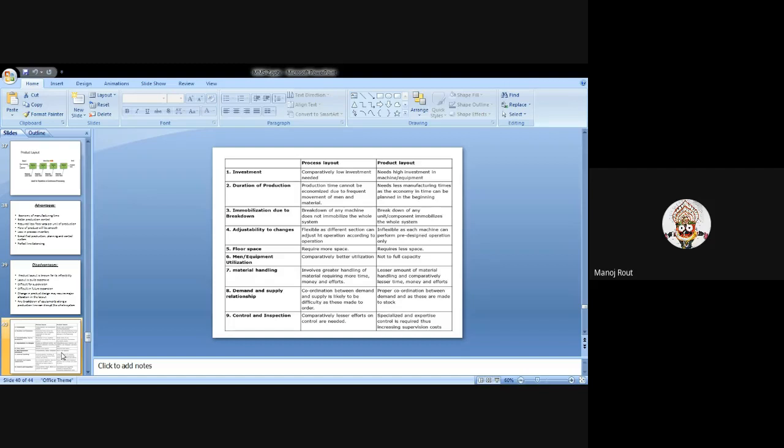The next point is demand and supply relations. Coordination between demand and supply is likely to be difficult, as these are made to order. But in case of product layout, there is proper coordination between demand and supply, as these are made to stock. The last point is control and inspection. In case of process layout, comparatively lesser efforts on control are needed. In case of product layout, more efforts on inspection are needed. The next point is